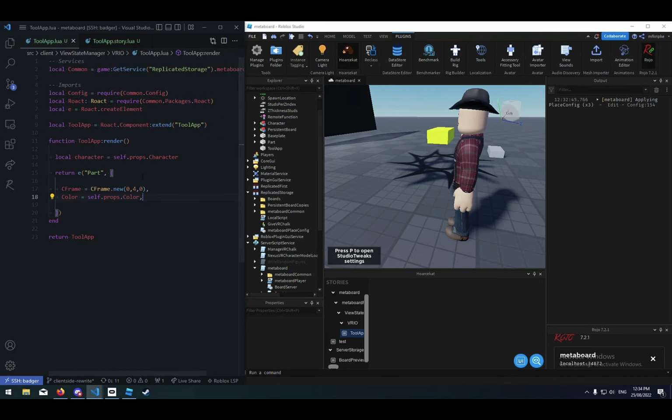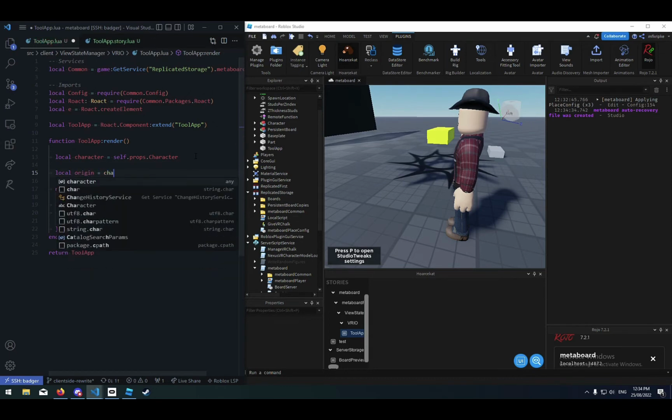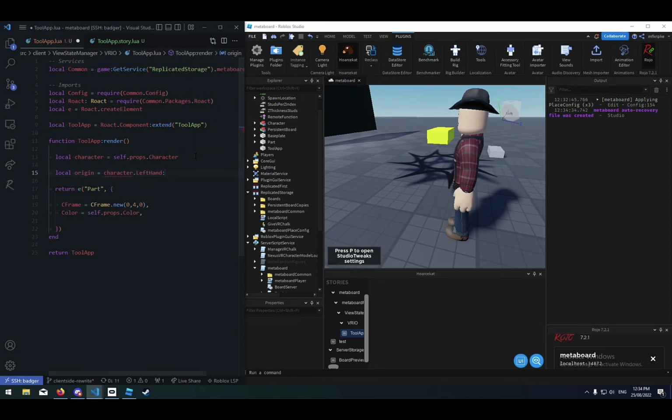And let me just get the properties that I prepared earlier. Okay, so let's get a frame of reference, which is going to be origin, which is character left hand. Just get the C frame of that,